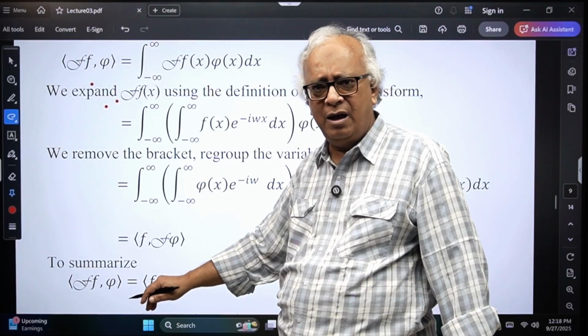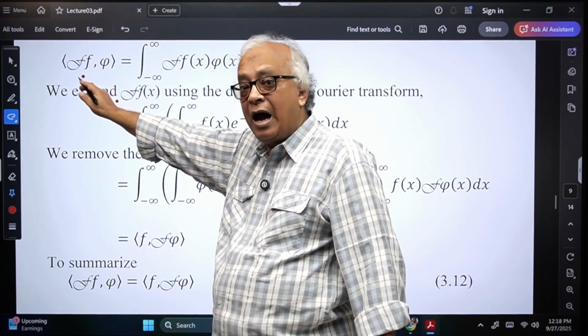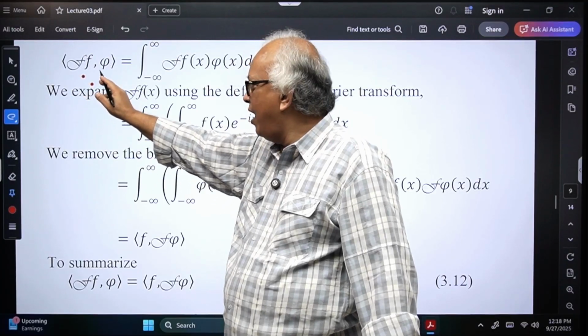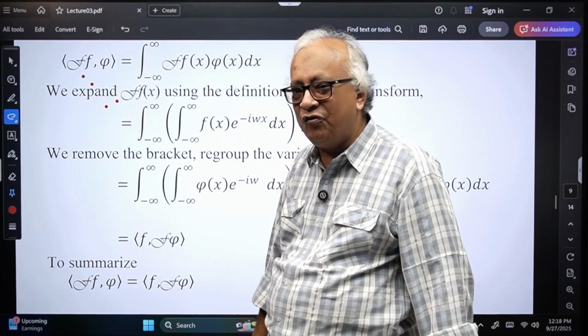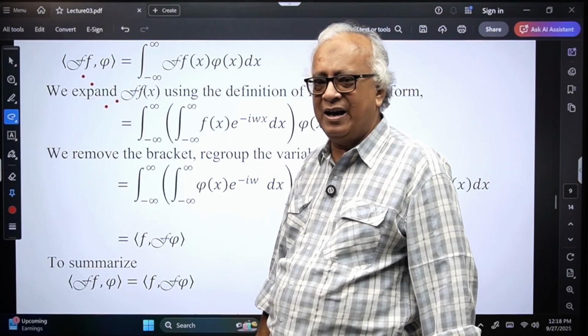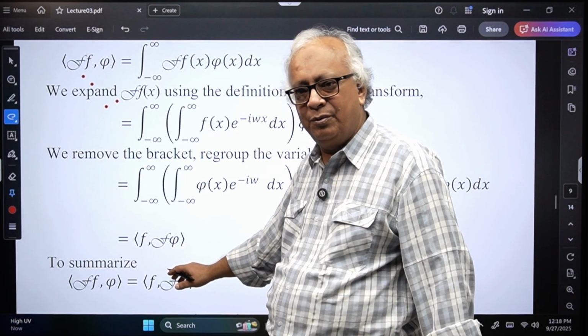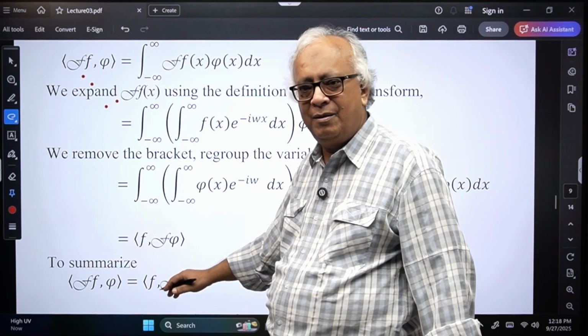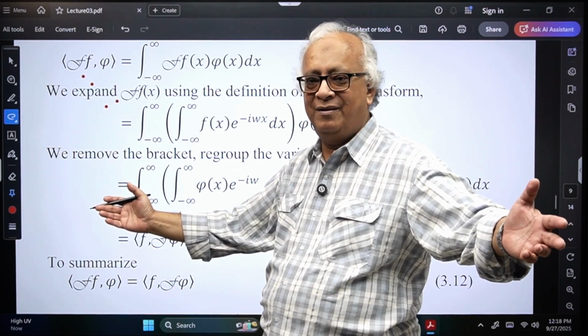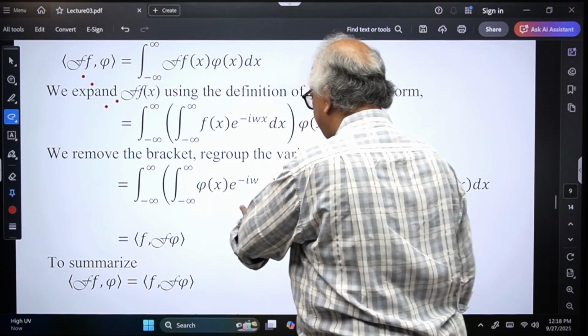Big deal? Extremely big deal. f এর Fourier transform আমি করতে পারি না, কিন্তু phi is a good function. Remember? আমি এভাবে চুজ করেছিলাম, phi is a good function. phi এর Fourier transform আমি করতে পারবো। ম্যাসিভ কাজ হয়ে গেছে আমার. Therefore, to summarize,